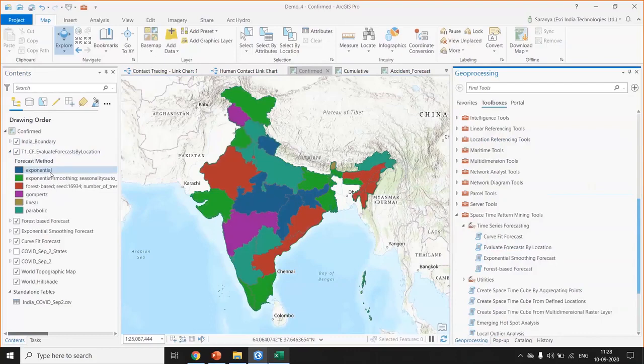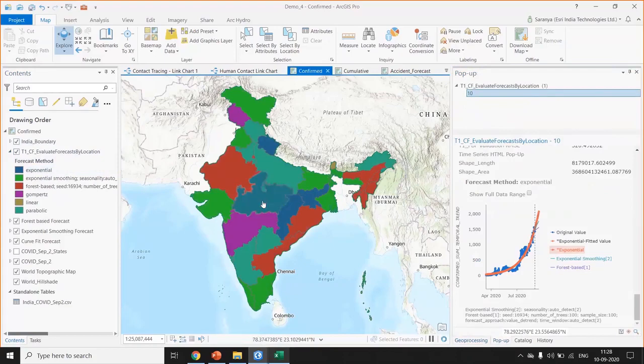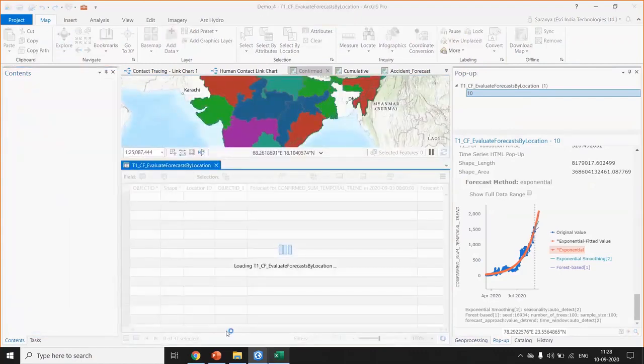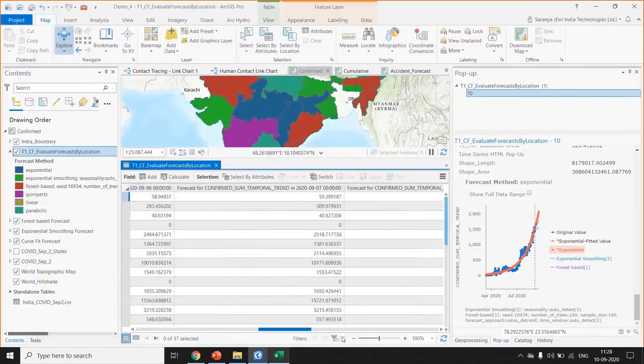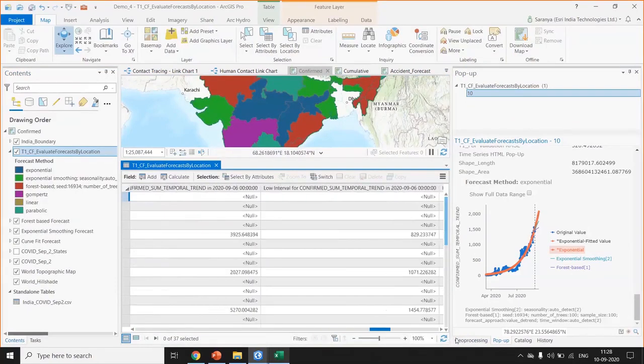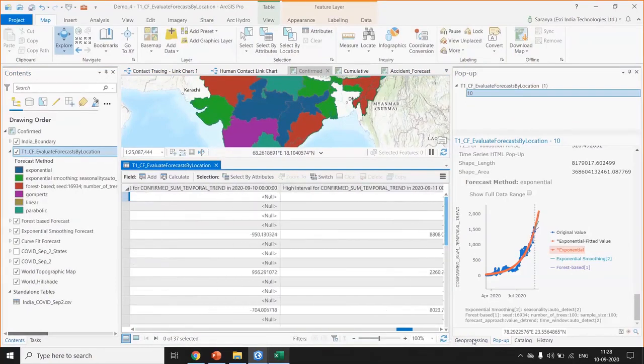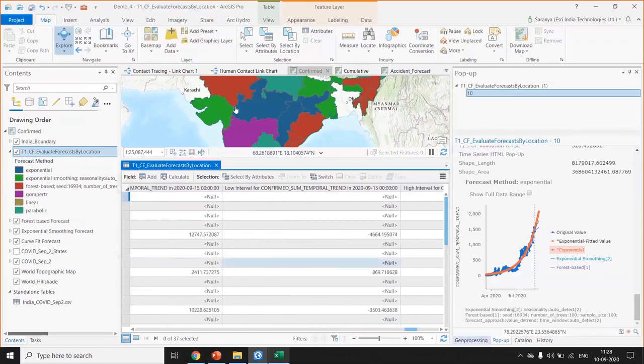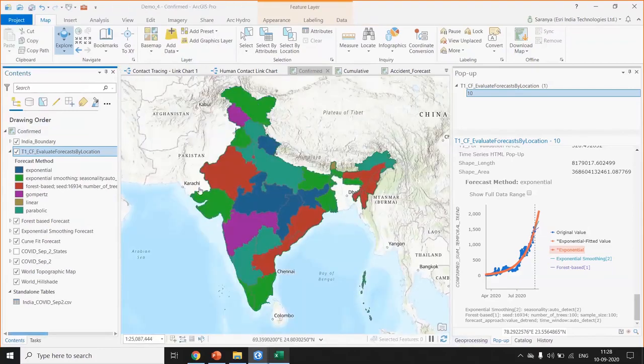For example, here the dark blue states represent where the exponential curve fits better. This model uses RMSE values to find out which forecast method suits best. So we have all this information in our trend: what is the interval, the low interval, what are all the RMSE errors. All these concepts are taken into consideration before deciding which model is right for you.